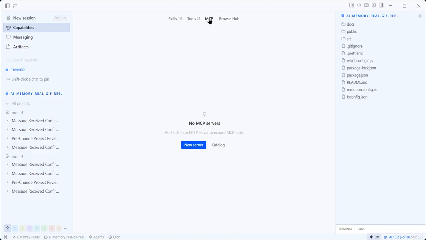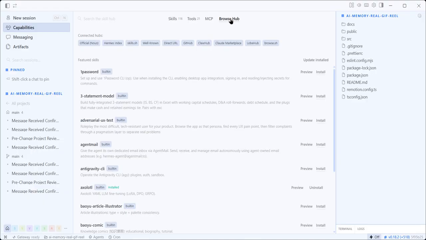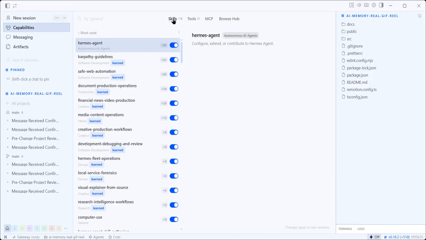The tour then opens Browse Hub, where additional capabilities can be discovered when a workflow genuinely requires them. This keeps expansion deliberate. New behavior is added through a visible choice instead of appearing unexpectedly inside a task. Returning to skills brings the focus back to learned reusable workflows. Usage counts help surface the skills that matter most in day-to-day work, while the tab structure keeps tools, servers, and discovery distinct. With that capability model established, the cursor moves toward messaging, where Hermes connects the same agent workspace to